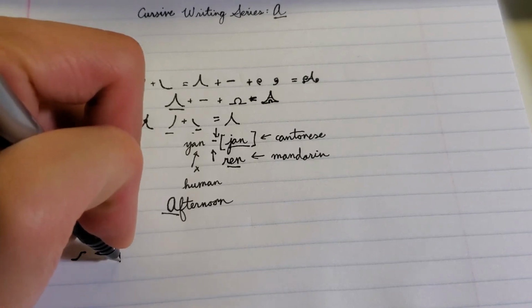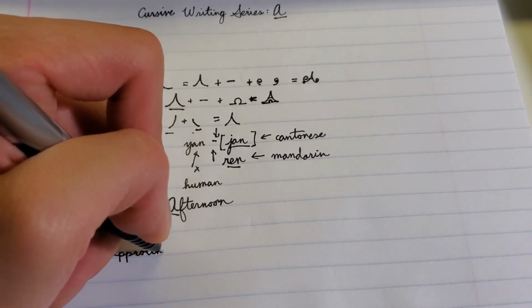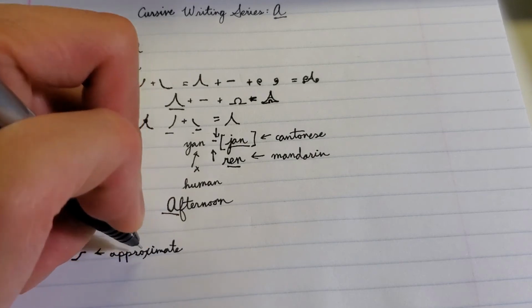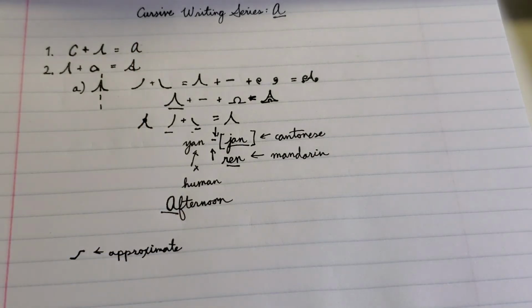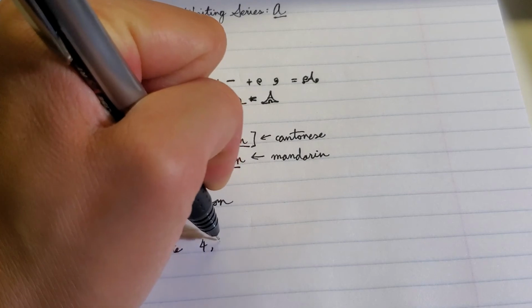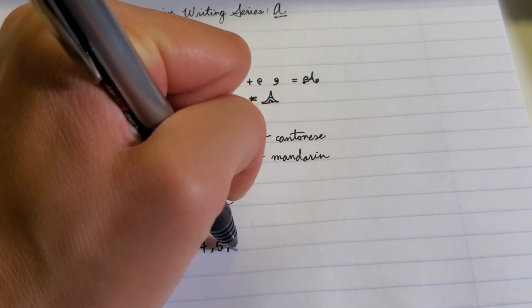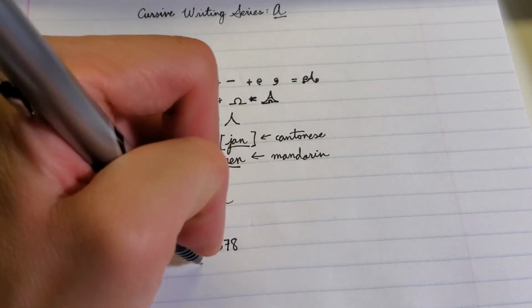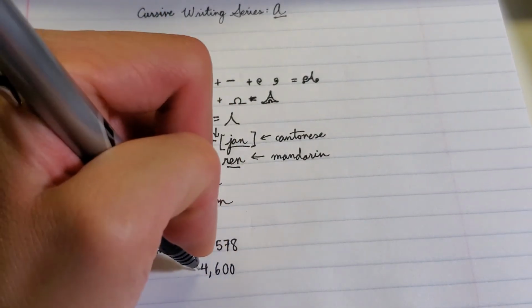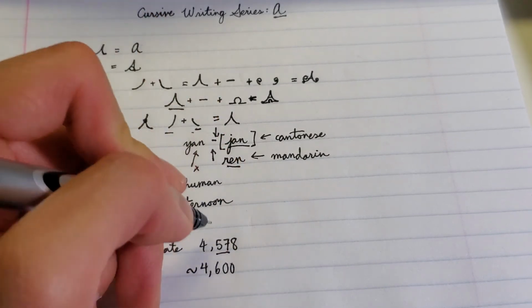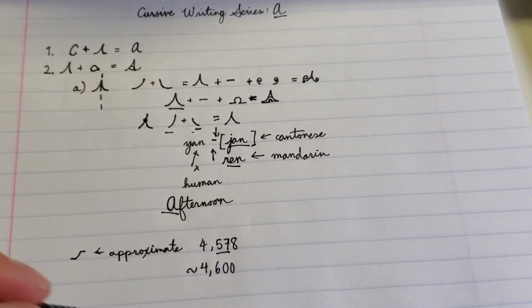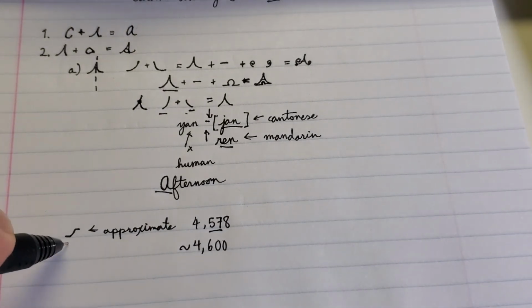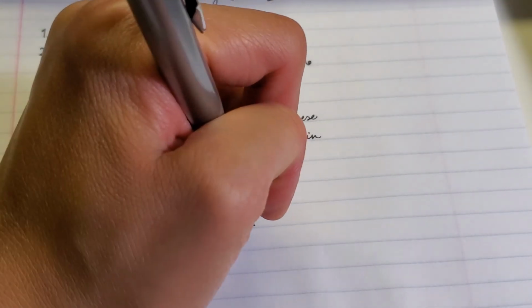This is an approximate sign, which is used in electronic maths or maths in general as a way of saying, let's say you have 4,578, I would say approximately 4,600 in this case. So I'm just rounding to the hundredth. So that is the approximate sign, plus the